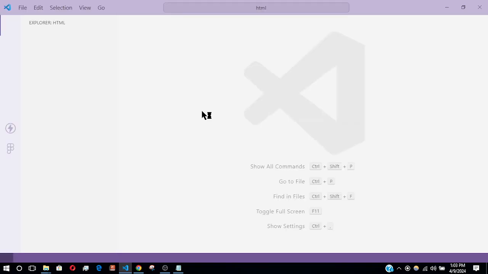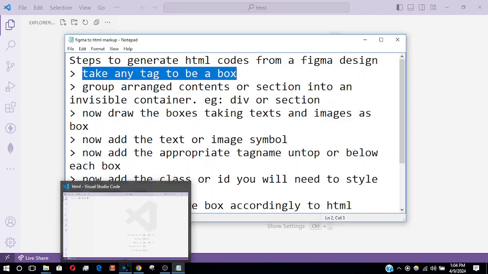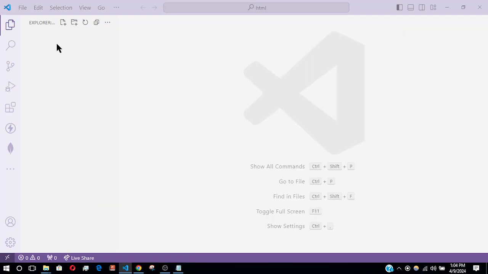So I want you to have a clearer understanding of what each step is. That way you can easily remember them. So let's create index.html, enter,